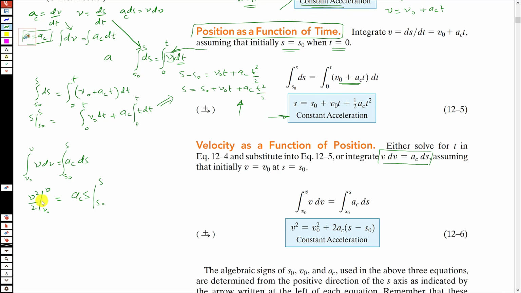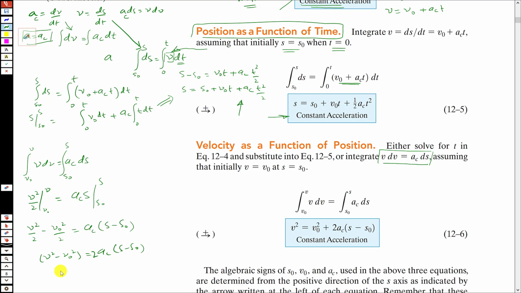If we apply these boundary conditions, v square by 2 minus v0 square by 2 equals ac times s minus s0. If we take 1 by 2 common, it will be 1 by 2 times v square minus v0 square equals ac times s minus s0, and if I multiply 2 on the other side,